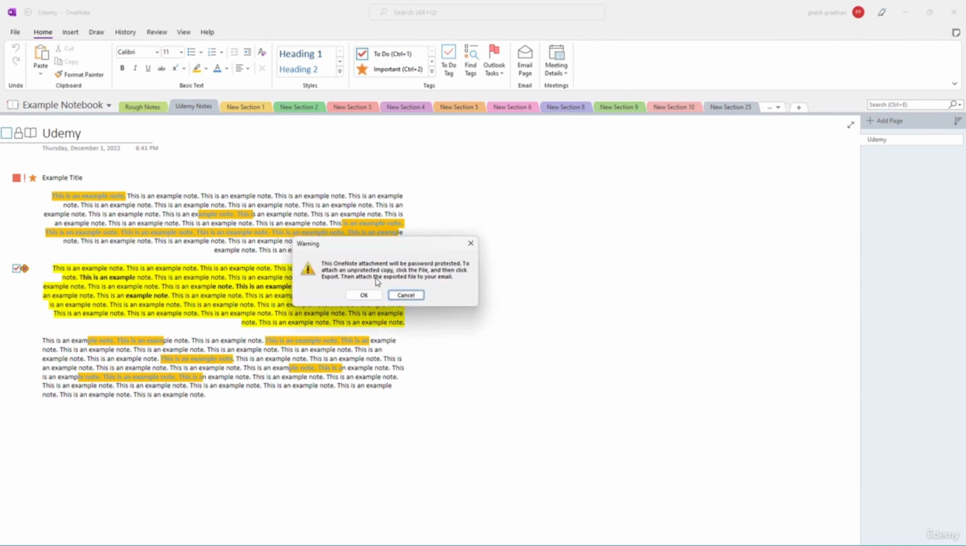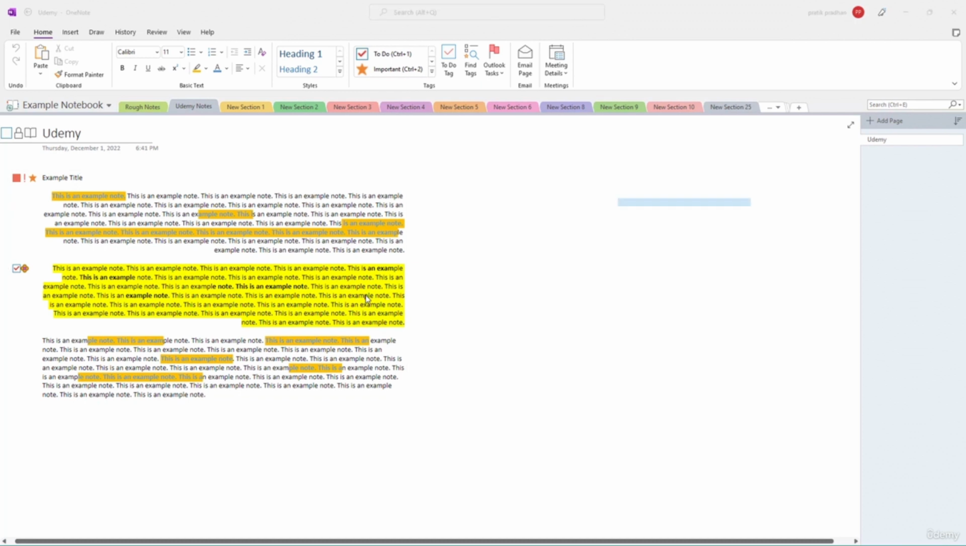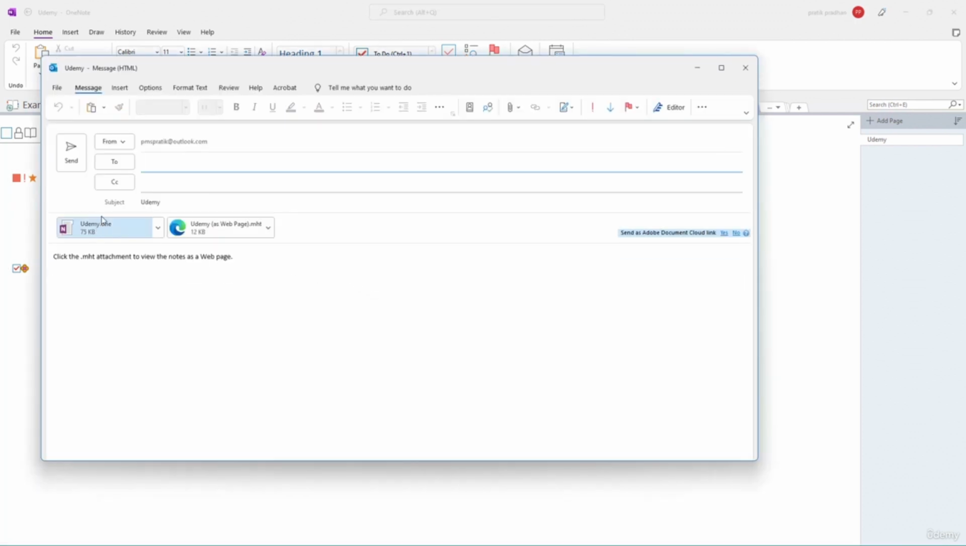So once you do that, it says the OneNote attachment will be password protected, and to attach an unprotected copy, click on File, then click on Export right here. As you can see, since we do have a password right here, I'm not going to remove the password, and let's say I want to keep it secure, so I'm just going to say OK, and you can see that it gets attached right here as